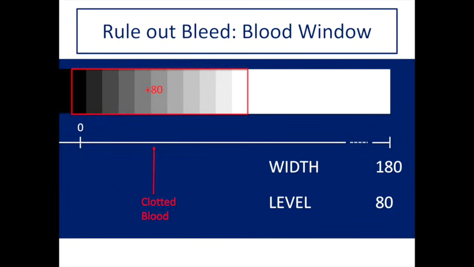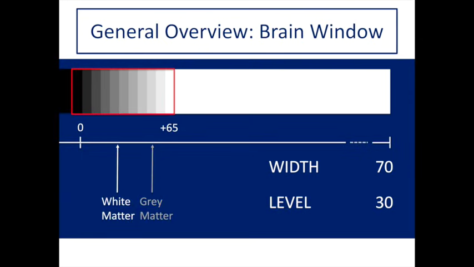That way, clotted blood appears grayish and bone appears completely white, leaving no question whether or not a subtle subdural is present. So let's look at the brain window again. As we discussed, when looking for stroke, a key finding indicative of stroke is the loss of gray-white differentiation. So when evaluating for stroke, we really have to compare the densities with our eyes of the gray matter and the white matter. If we do that on this window, the gray matter and the white matter are represented by